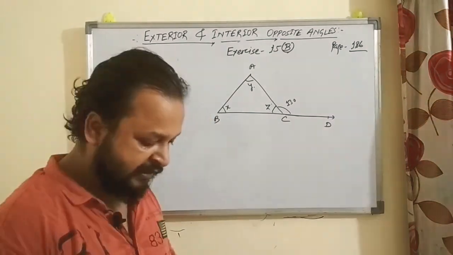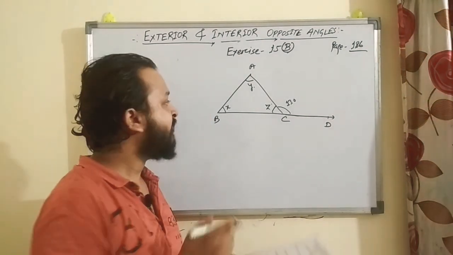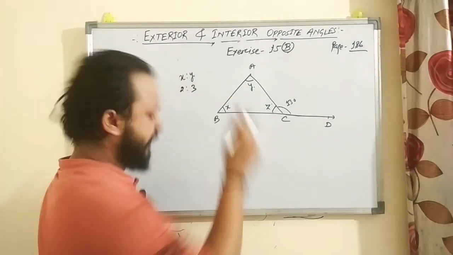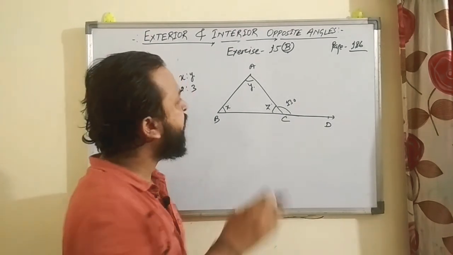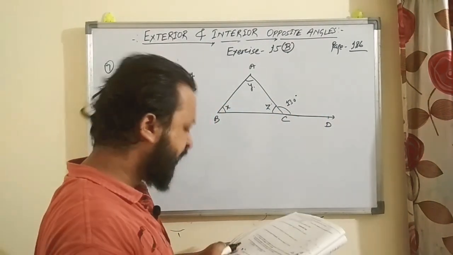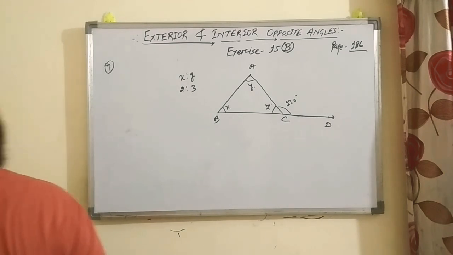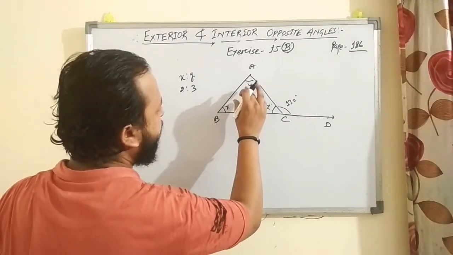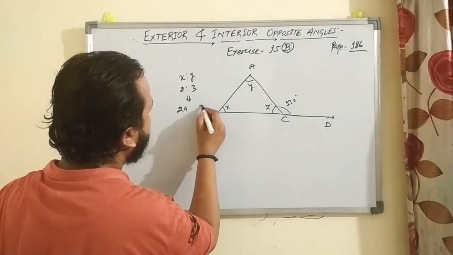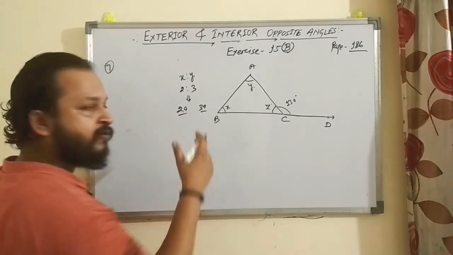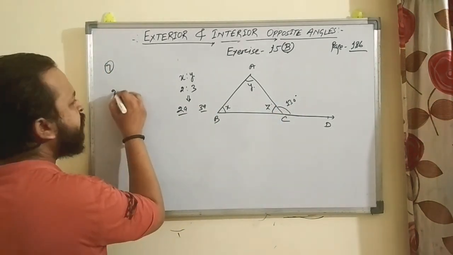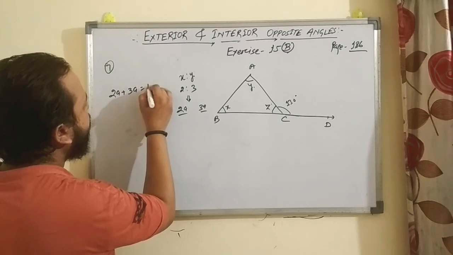And the question reads as, in the given figure alongside, the ratio of x to y is given as 2:3, right? And the angle ACD is given as 130 degrees, right? You have to find the values of x, y and z. So you know that the ratio is given. It means suppose these angles are 2a and 3a, the common variable part, right? So the sum of these two angles must be 130 degrees. So 2a plus 3a must be equal to 130 degrees.